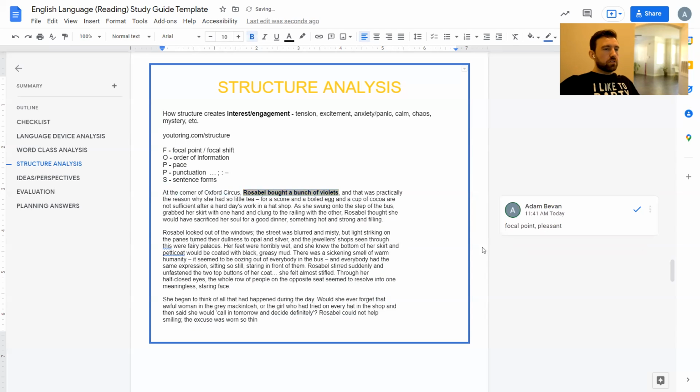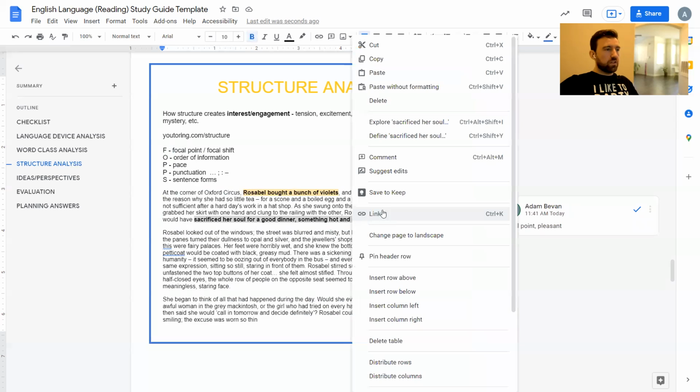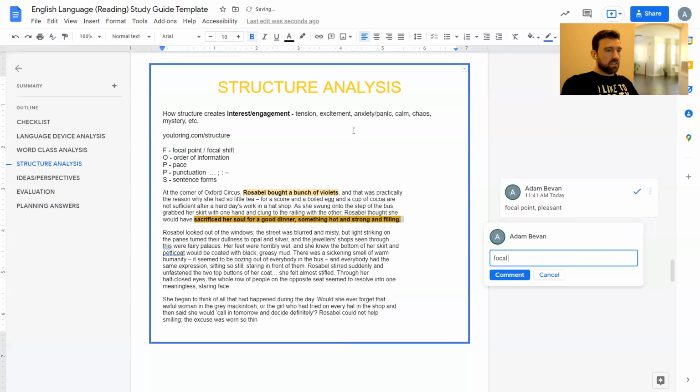But then there's a focal shift to the fact she had so little tea. And at the end, particularly, Rosabelle would have sacrificed her soul for a good dinner, something hot and strong and filling. So the focal point of her carrying these violets, which is quite positive and gives us a positive first impression of Rosabelle, is then juxtaposed and contrasted at the end with this image of her starving, basically. She is very hungry, and this creates